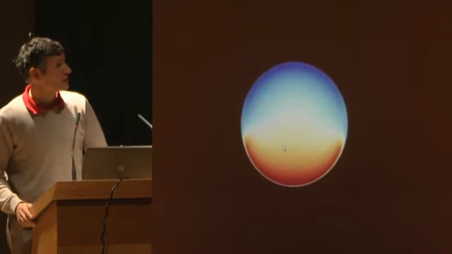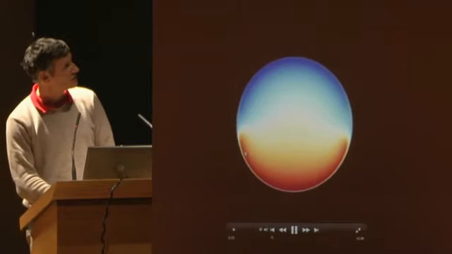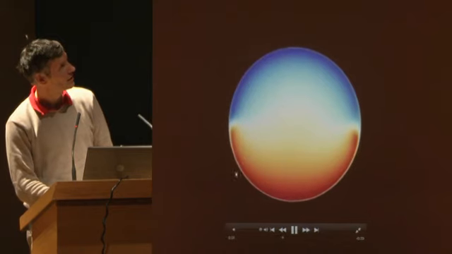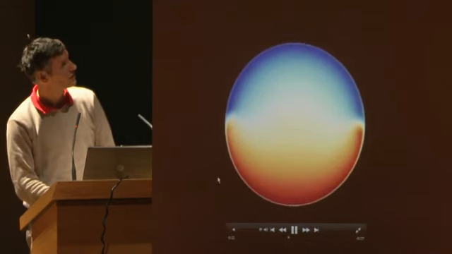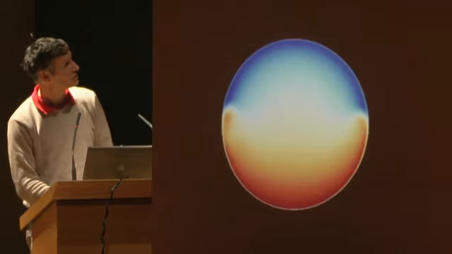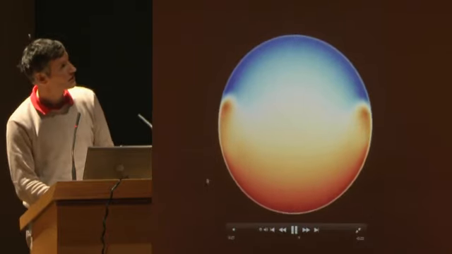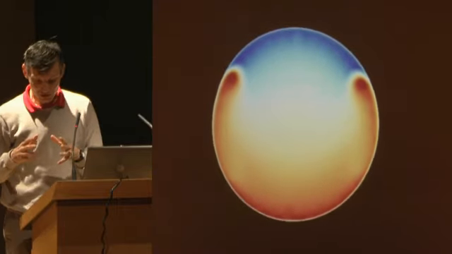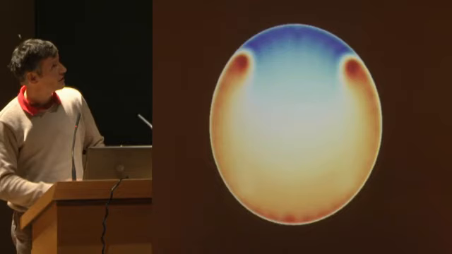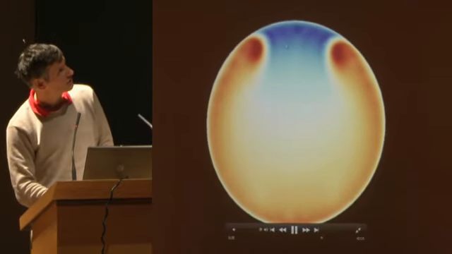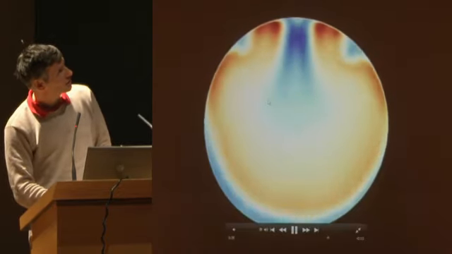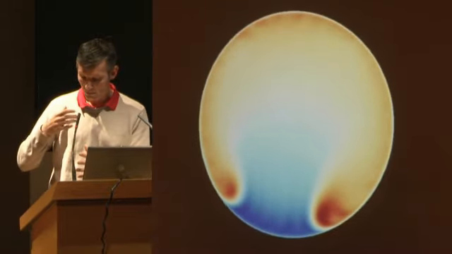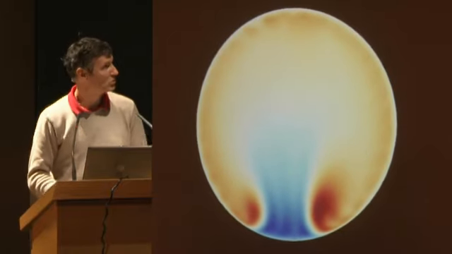You will see this is the hot part. This will migrate. I don't know if you see it. Yeah, now you can see it. Here is the migration, and the translation is because of internal deformation, and you see the plumes, the scale of the plumes. So the convection makes this translation mode unstable.